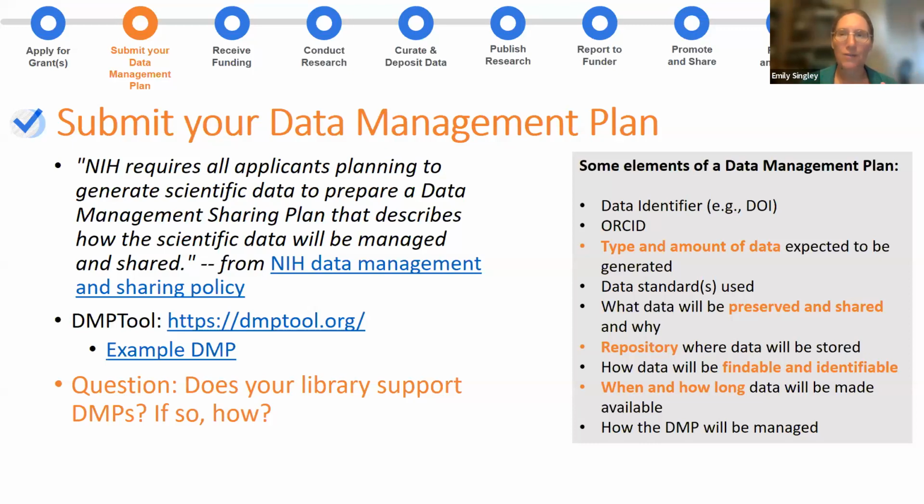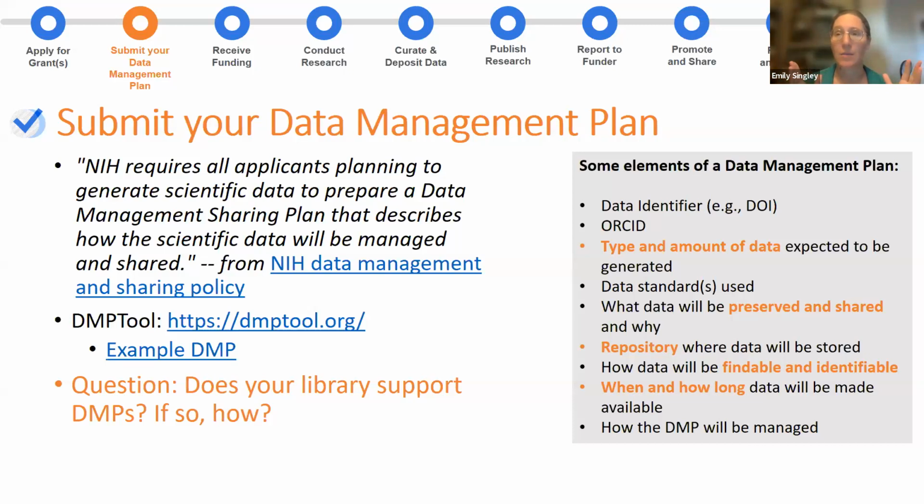And I have a question for the audience here. If you want to weigh in, this would be great. Does your library or someone at your library already support the creation of data management plans? At the library I most recently worked at, Boston College, our scholarly communications office supported the creation of data management plans, so researchers could come to the library or look at our website.